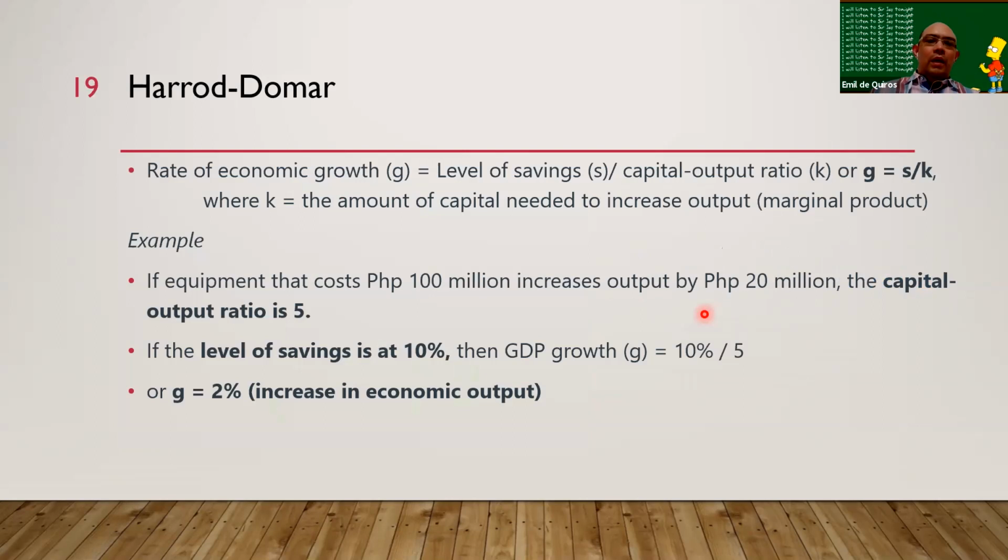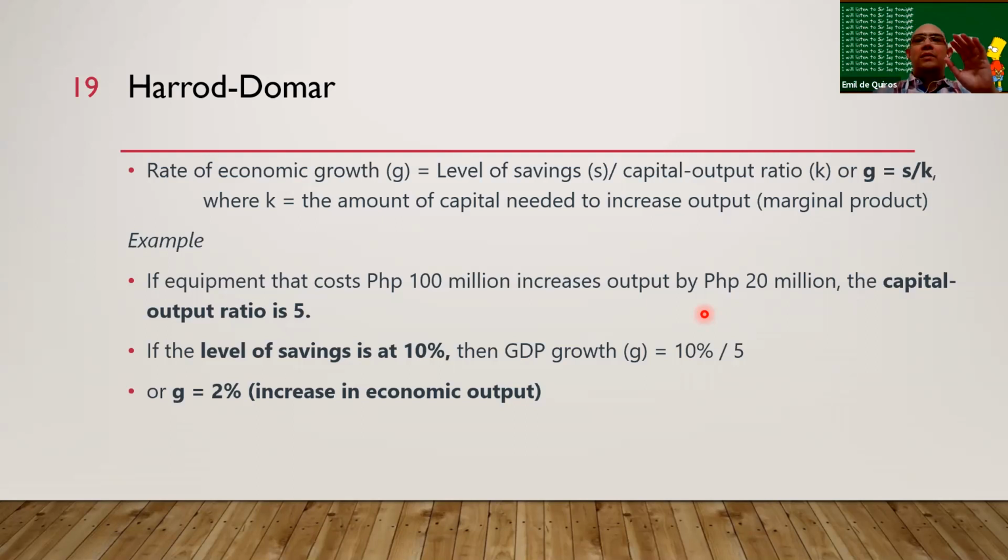All right. Harrod-Domar basically went a step further than Rostow. He really focused on two things. But before I discuss the two things, I'll present first the basic formula. So again, as I told you, you don't necessarily have to sweat the math. This is simplified, because if you're able to read Todaro, he presented a series of formulas. We don't have to discuss that, but feel free to study that, master it if you want, but no need, of course. To simplify things, this is a simplified version of Harrod-Domar.